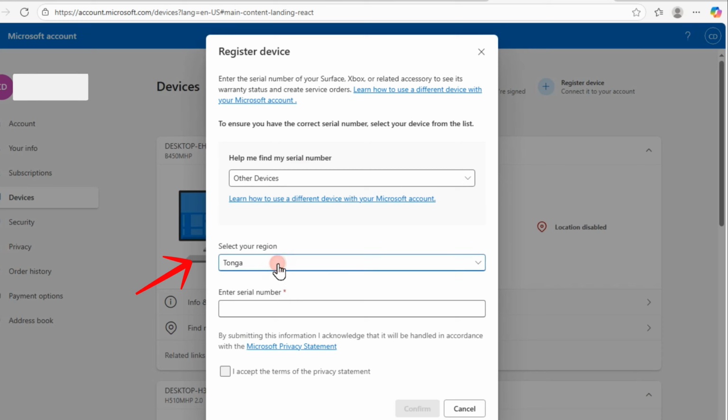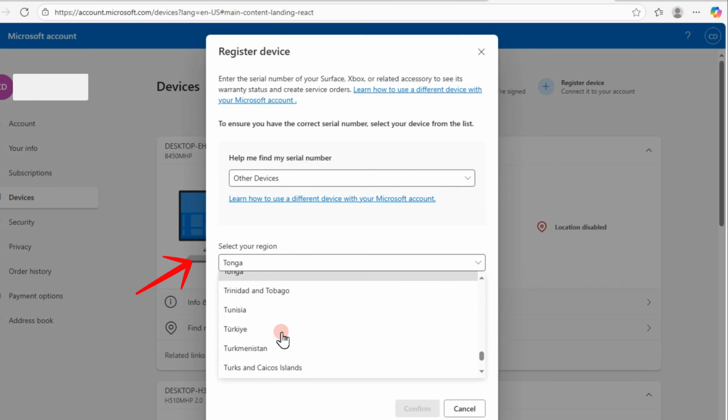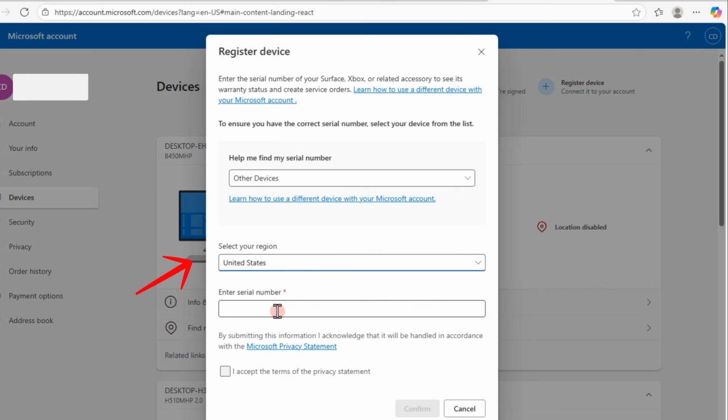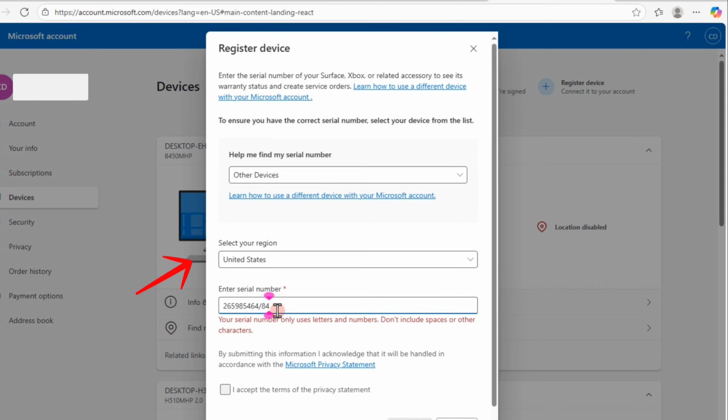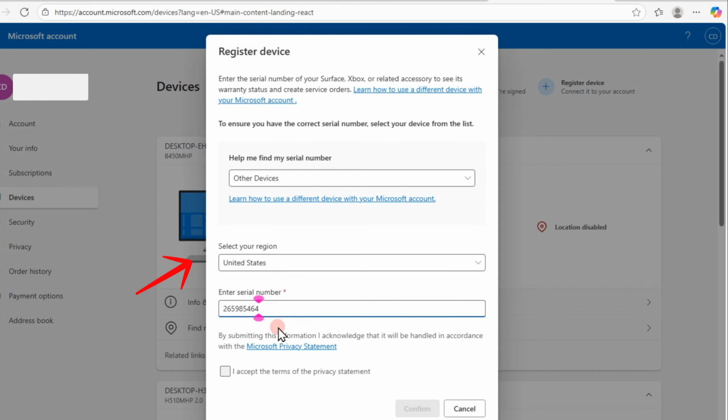And then after that, I'm going to scroll down here and select my region and country, let's just say United States, and then enter my serial number. Make sure it's correct, and then after that tap on the confirm button. And basically that's how easy it is to transfer Microsoft Authenticator to a new